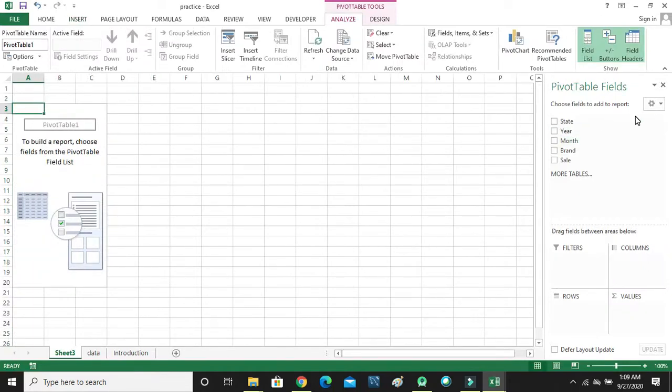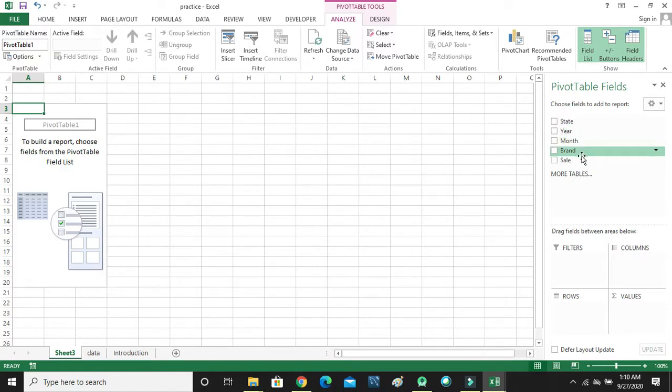First of all you have to understand the fields of the pivot table. Where do we have to put the fields? You can see in the upper side there are fields: state, year, month, brand, sale.